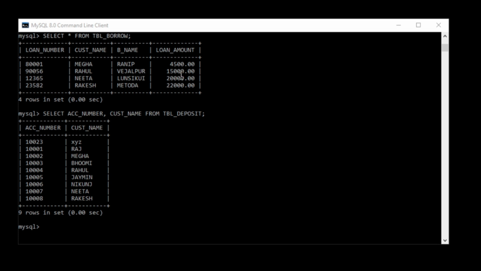Then select customer name from table deposit where amount greater than 15,000.